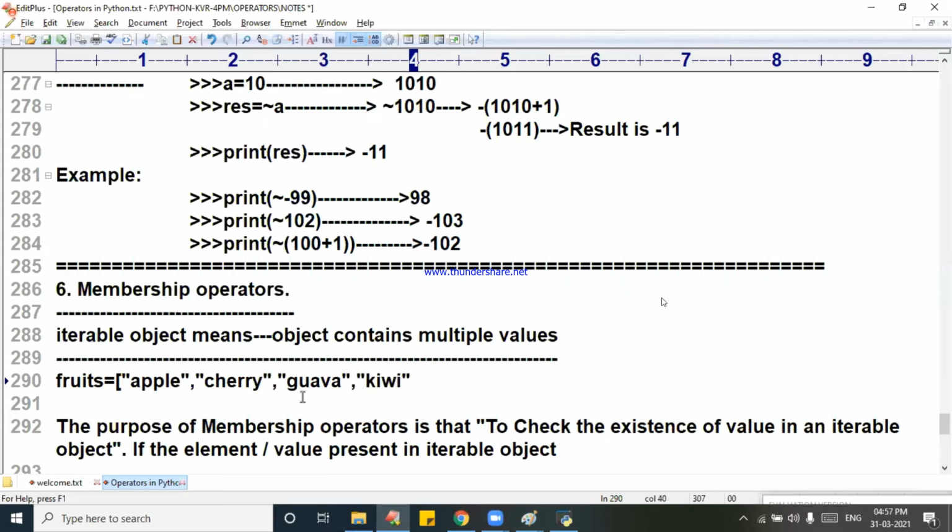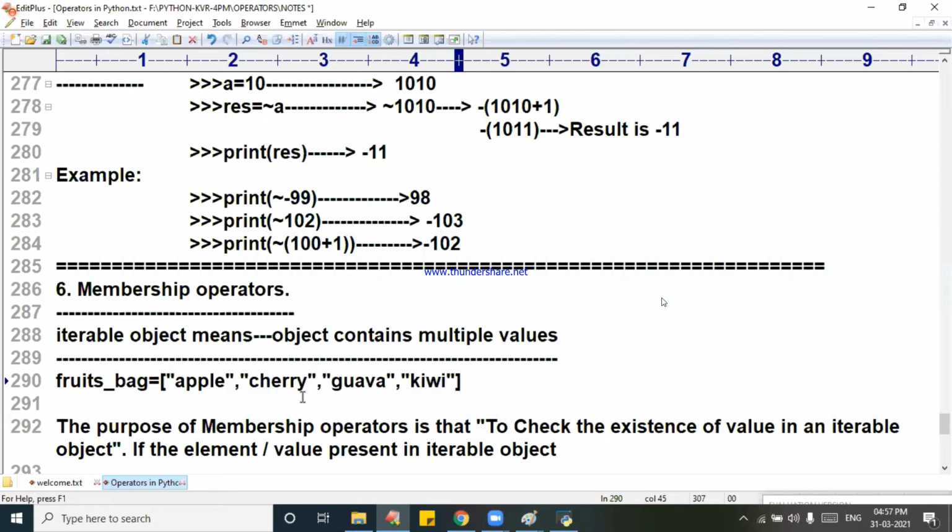This is my bag, the fruits bag. This is called fruits underscore bag. It is called an iterable object because more than one value is present here. Set is an iterable object. All except int, float, bool, complex; the rest of the data types are called iterable objects.